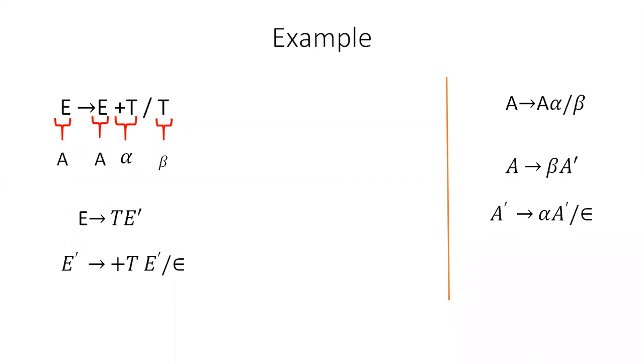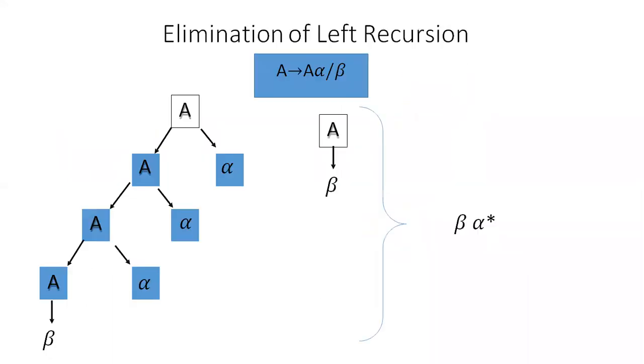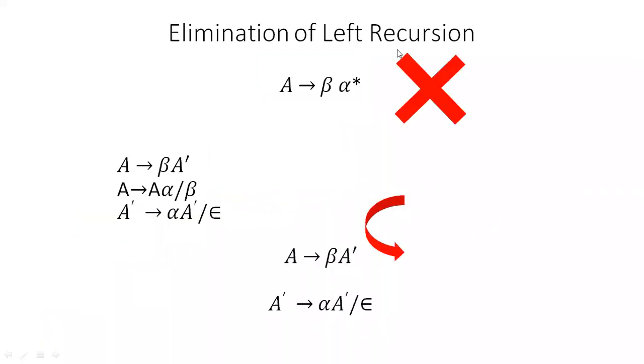Why? Because see the syntax of the grammar: A tends to A alpha or beta. What I said here is, when the first variable on the right hand side is the same as the first appearing variable on the left hand side, then such a type of production consists of a left recursion. Now we need to eliminate that.